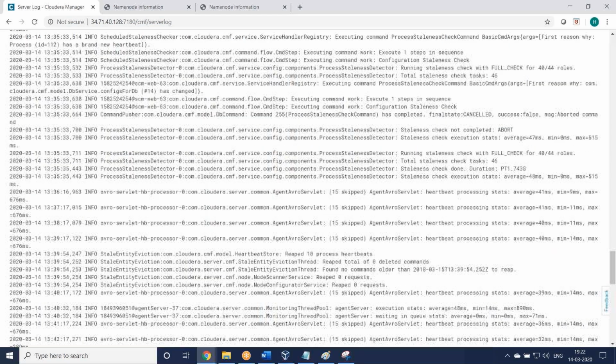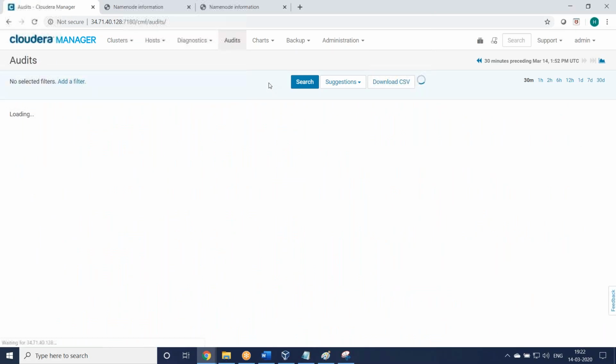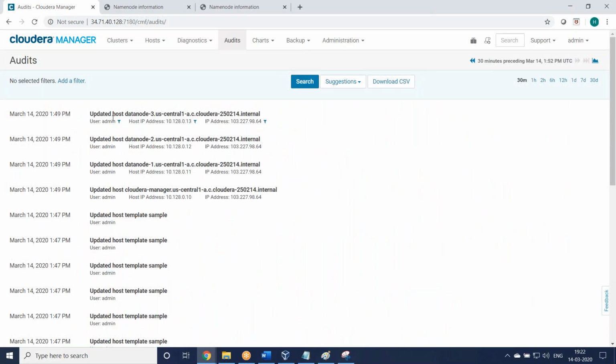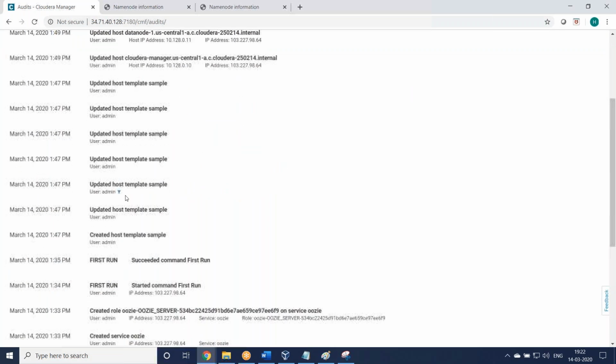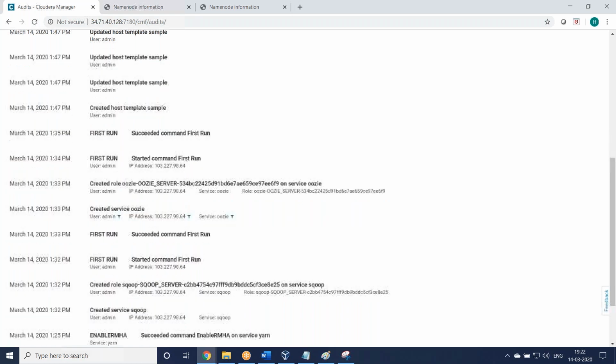You can get it this way. Then what are the other options? Audit. Audit means what happened on which server and which node, which server is logged in on which node, the IP address details, the authentication type, everything. Auditing means what happened on a particular server: who logged in, who executed what command. You can find all the details.